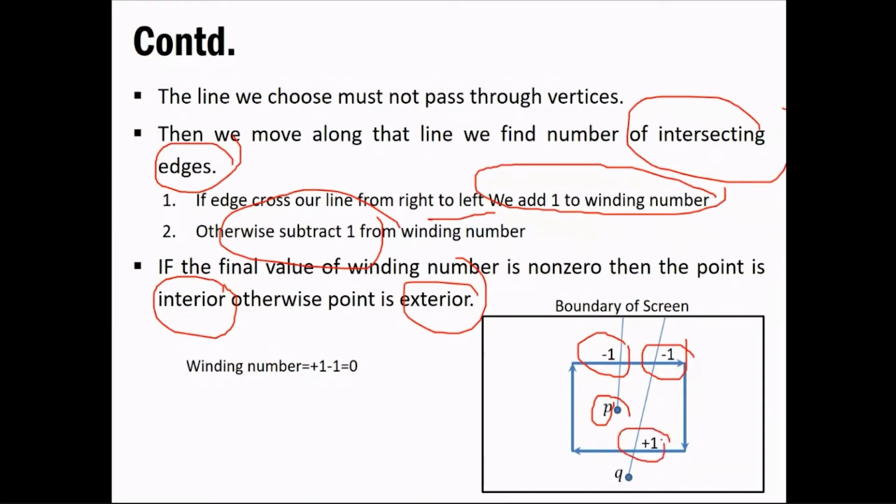So in our case, our counter would be equal to 0 if this is considered, because we have -1 at one stage and +1 at another stage. So basically we'll be getting a 0 value. If 0 is the case, then what it says is: if it is non-zero, then it is interior, else it is exterior. But obviously in our case it is exterior. Similar thing goes for this R point.